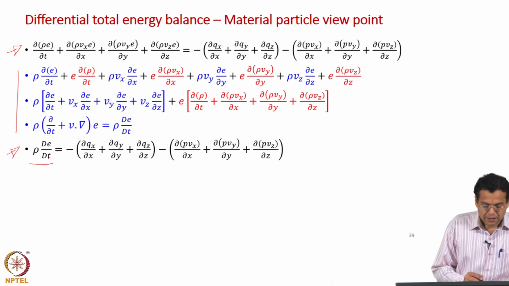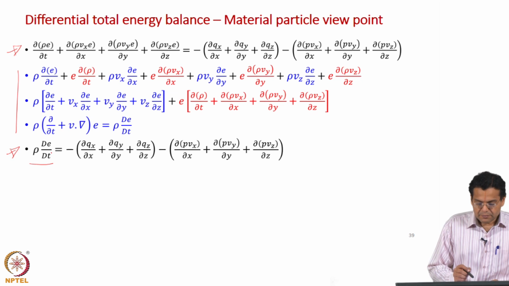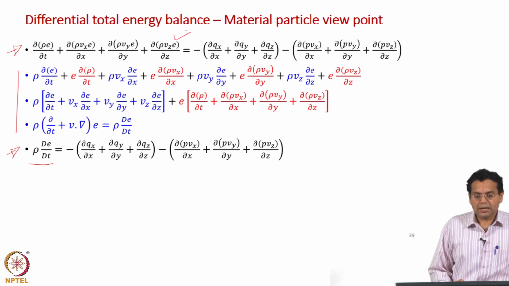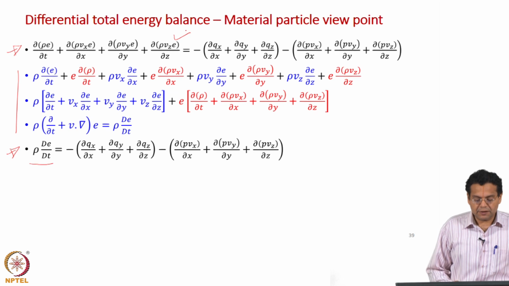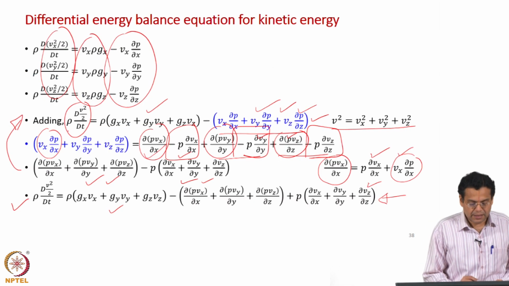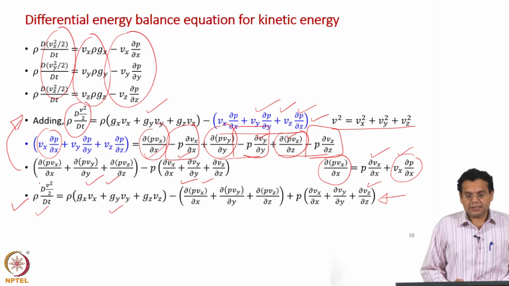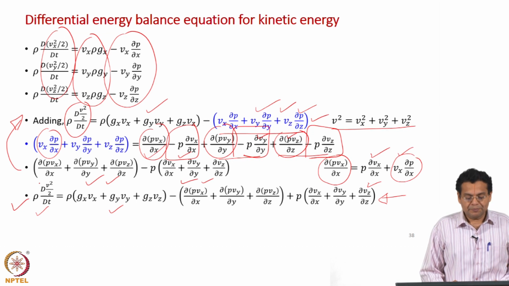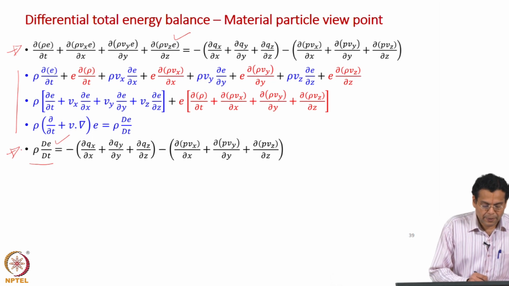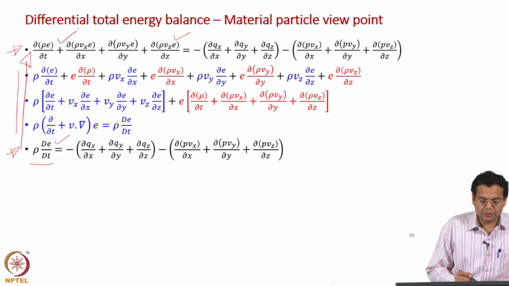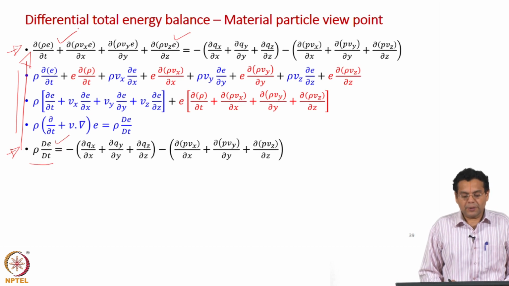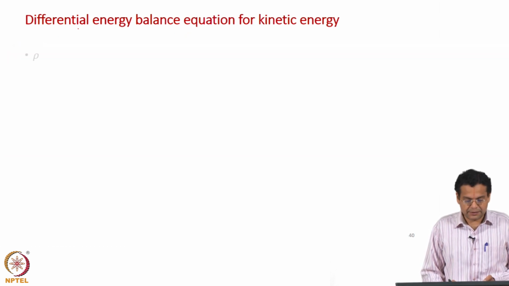Earlier, the left hand side was from an Eulerian point of view. We did a series of steps and expressed it in terms of the substantial derivative. The situation we have right now is the reverse of that. We already have the differential energy balance equation with the left hand side in terms of the substantial derivative, so we would like to go back and express it in terms of the Eulerian viewpoint. Let us look at the next slide, then you will understand.